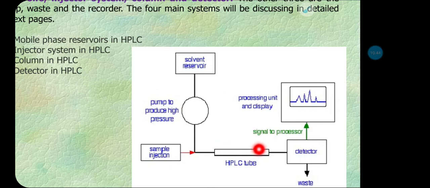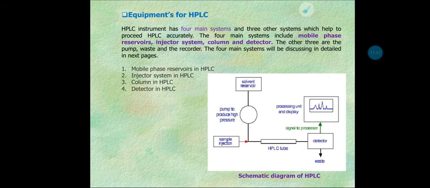Separation takes place, that means each component present in the sample interacts differently with the stationary phase, and they elute from the column at different time intervals that can be detected by the detector, and we get the chromatogram. That means if this is a chromatogram that contains four different components, we get four different peaks, and from the area under each peak we can quantify the different components individually. So this is the simple principle.